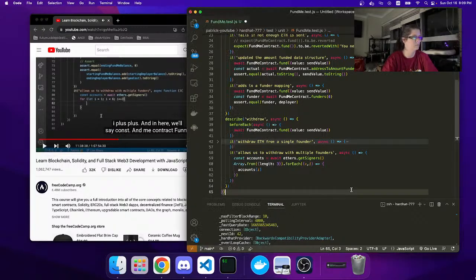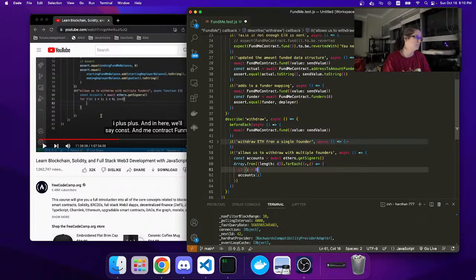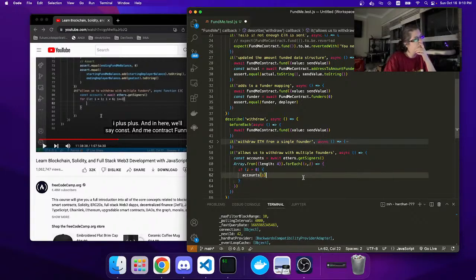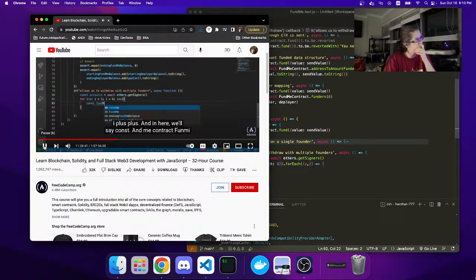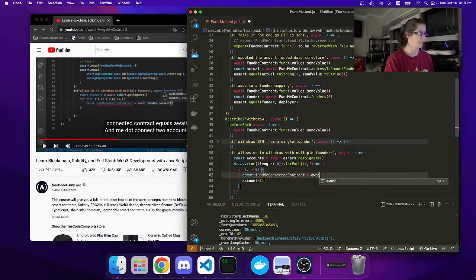And in here, we'll say const fundMeConnectedContract equals await fundMe.connect